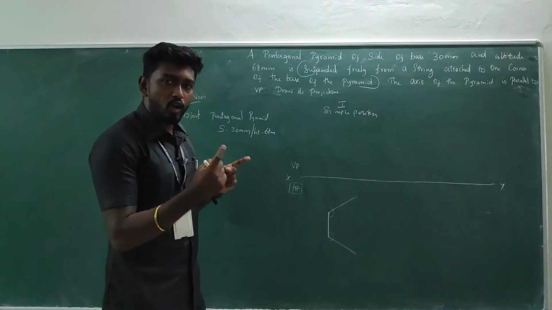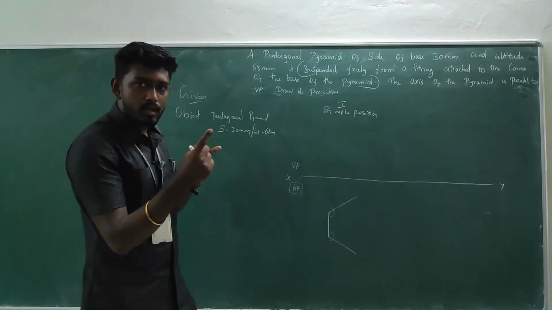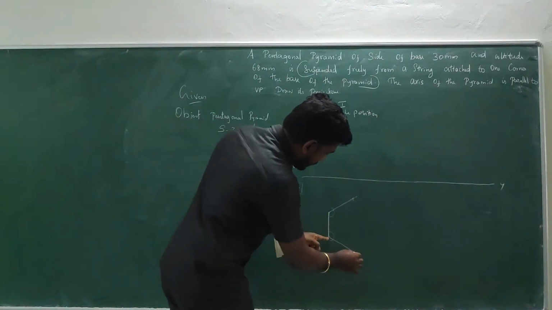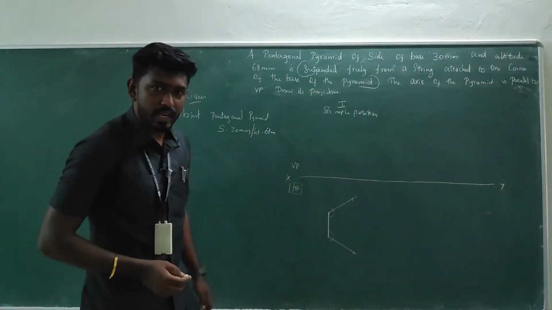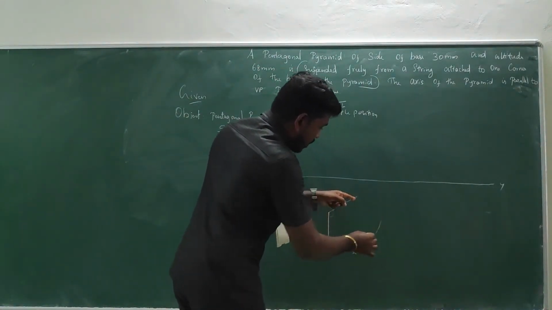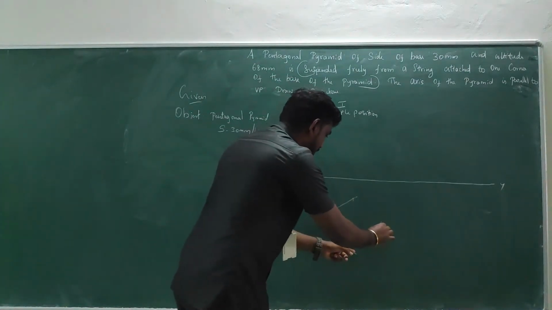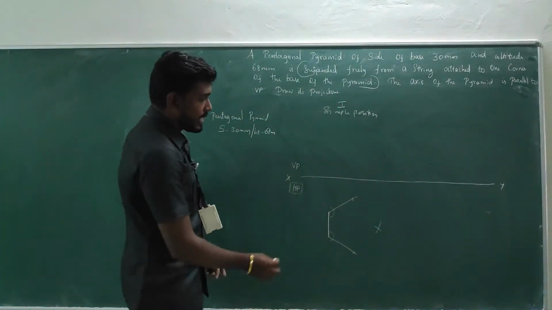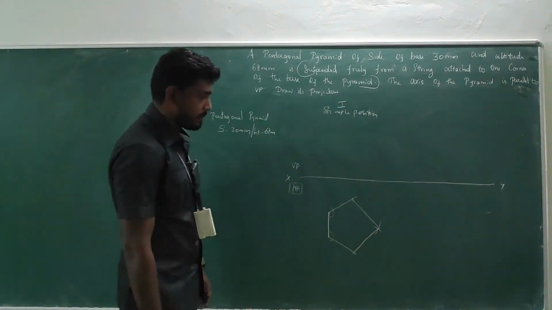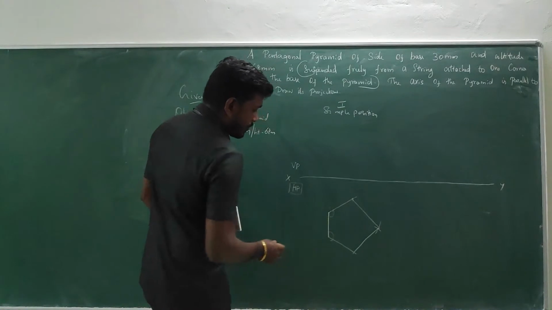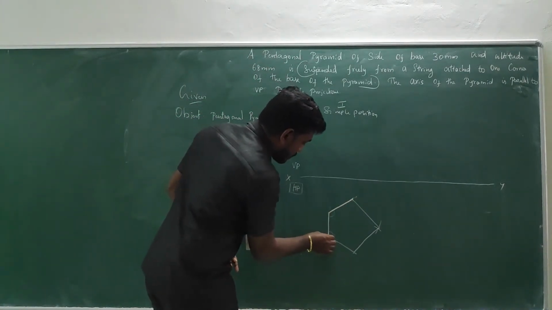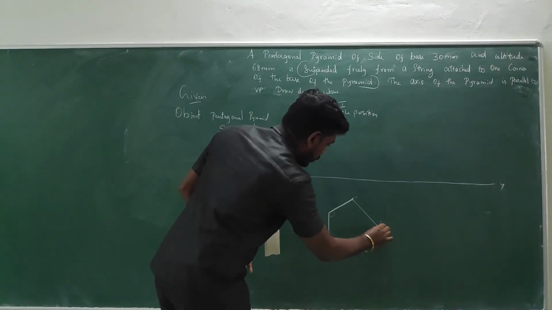And now take your compass and measure 30 mm. Since the side is 30, just make a cut mark from the end. The same thing should be done from the next end. Next, from the cut point, just draw an arc, so that you will get the shape of the pentagon like this. So now go for a dark line. This is what we can view from the top view.